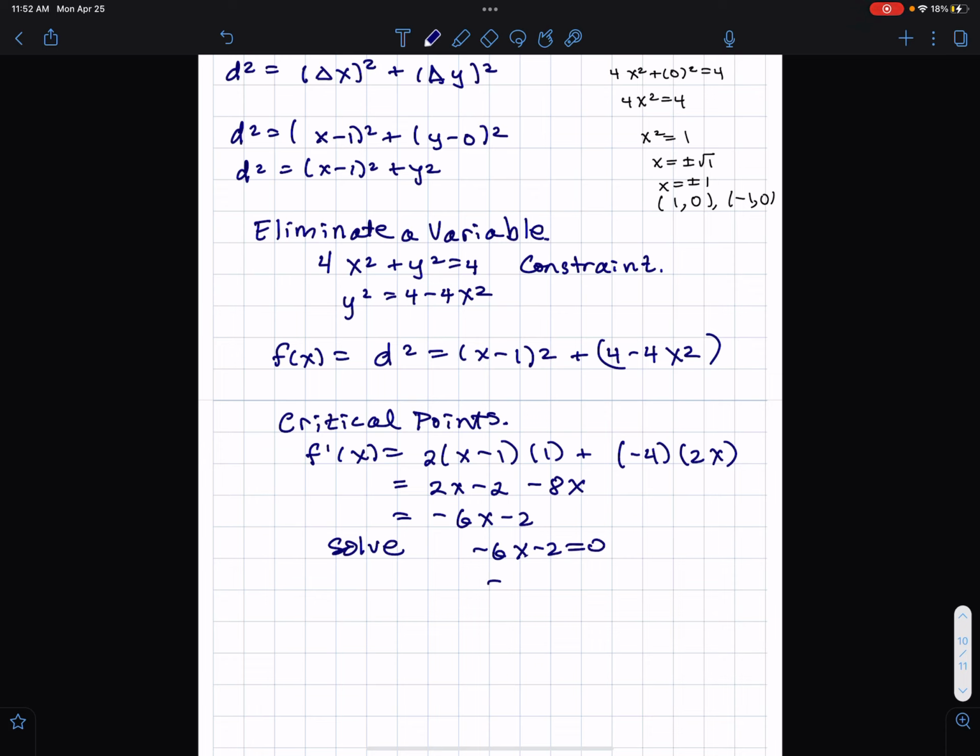Oh, gosh. Negative 6x equals 2. x equals 2 over negative 6, which is negative 1/3. So what I'm saying is, if we didn't have this sort of easier point (1, 0), if we had a different point, you can take the derivative, but you might end up with a function for which it's difficult to find